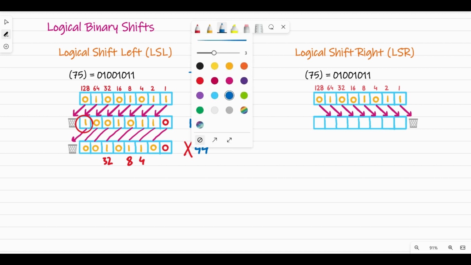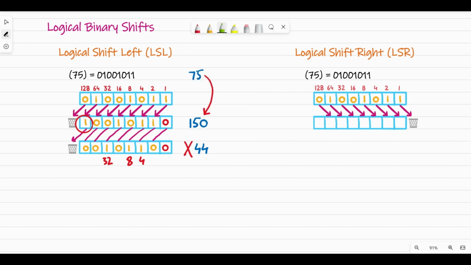Oh, okay, I can even show you the other way. If it could have been 300, if you notice, an 8-bit register or 8-bit container cannot contain a value greater than